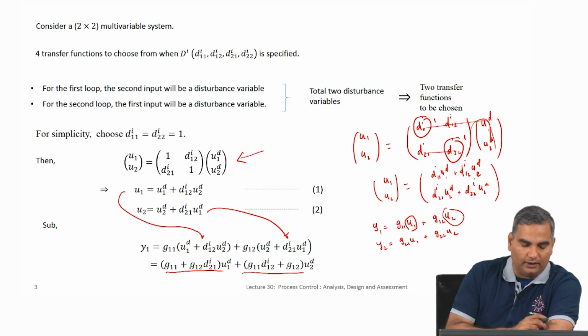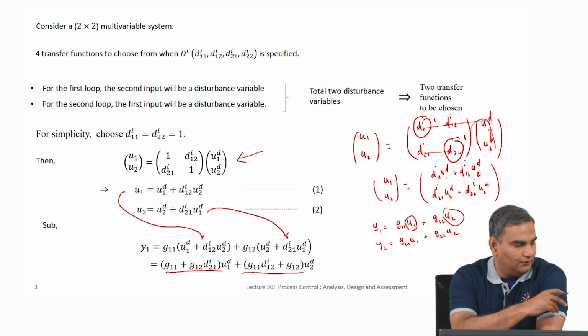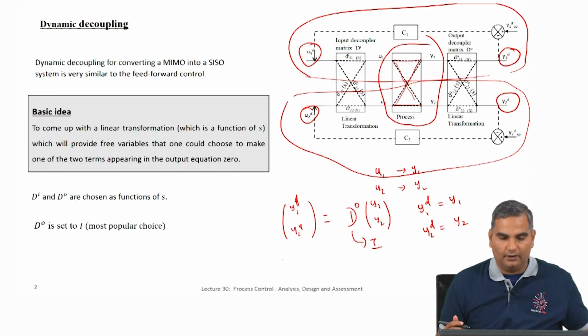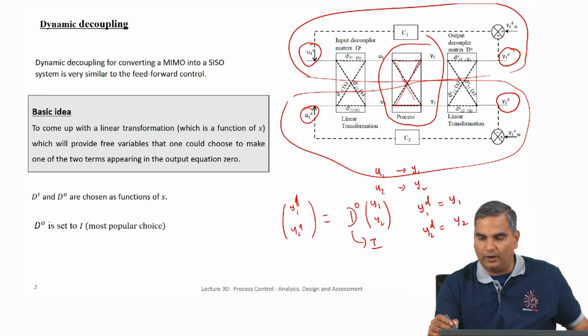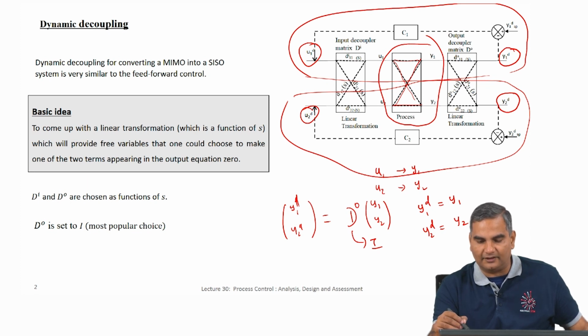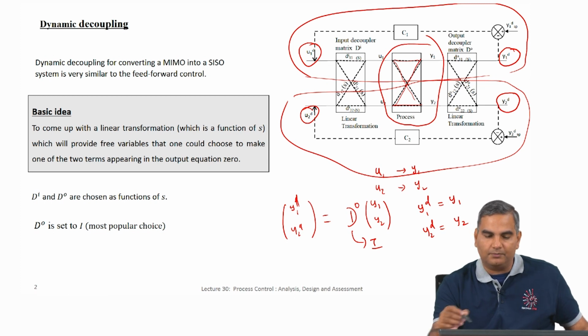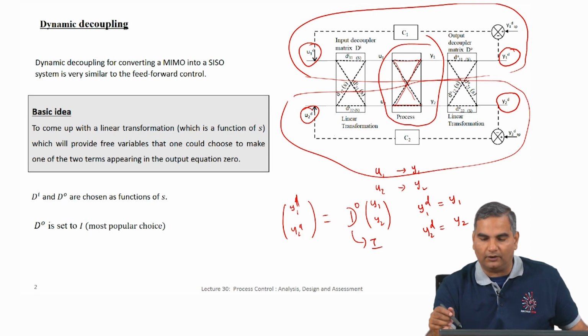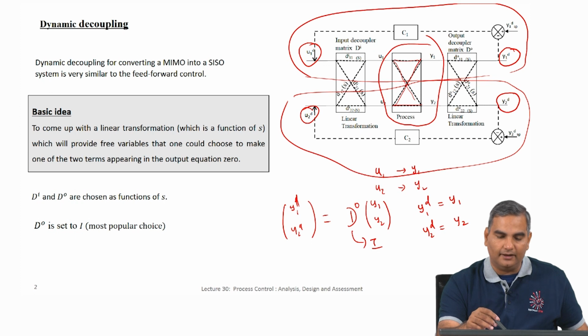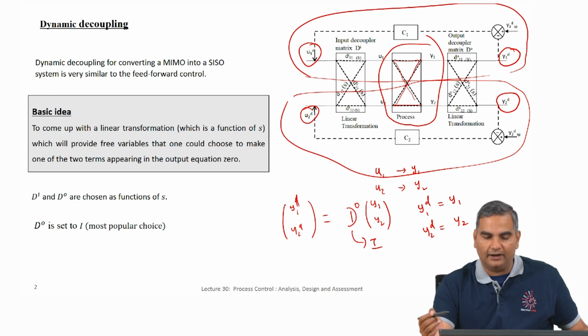Now if you look at this equation and the picture before, we know this y1 decoupled is y1, because we have not made any choices for this other than saying it is identity. So clearly y1 decoupled is being controlled by manipulating u1 decoupled. In an ideal situation, we would like to make sure that u2 decoupled has no impact on this loop, and similarly u1 decoupled does not have any impact on this loop.